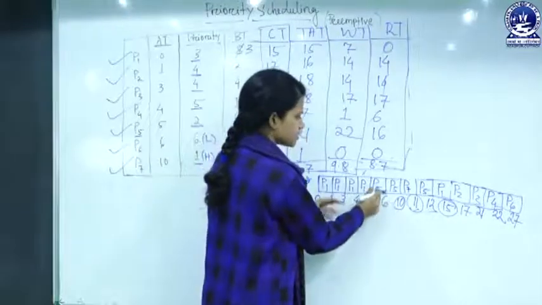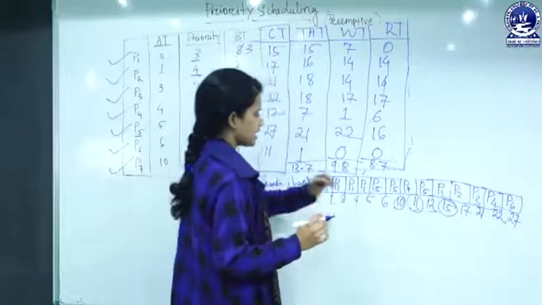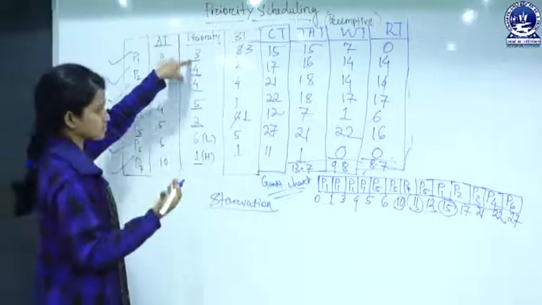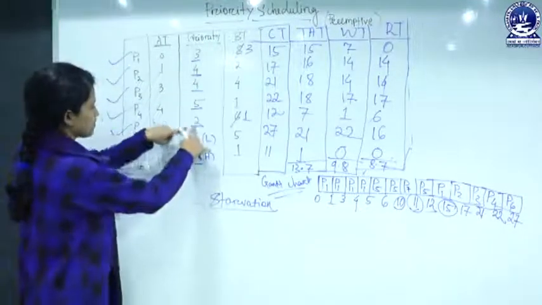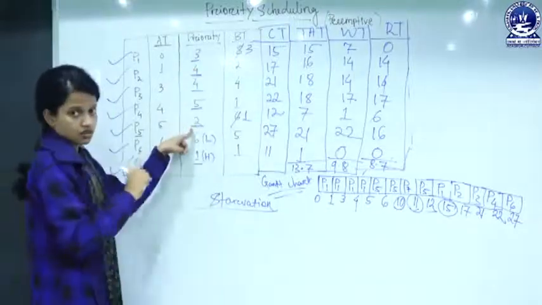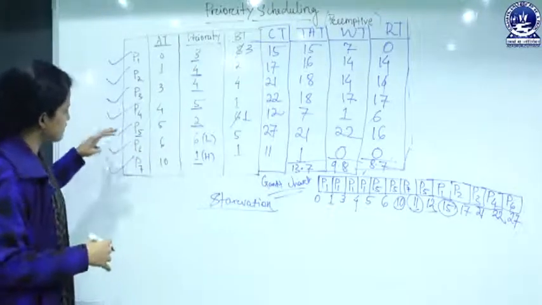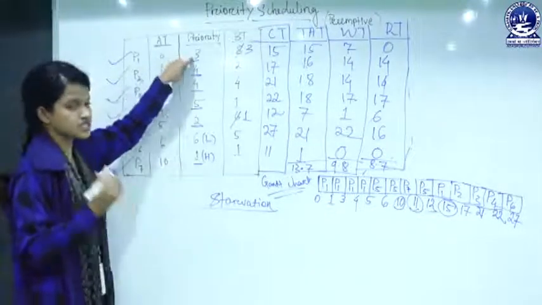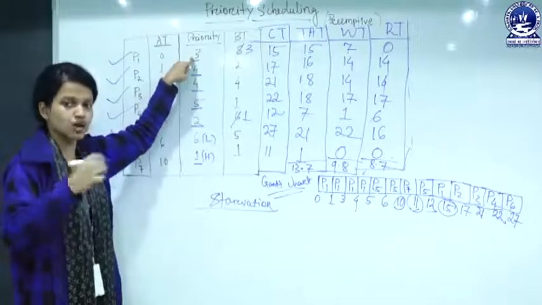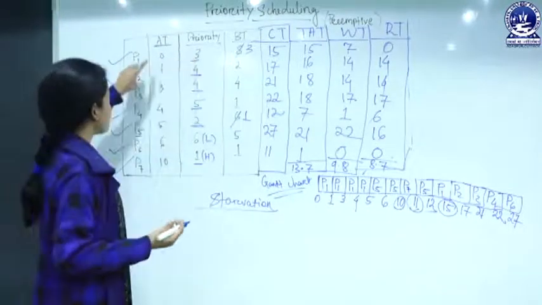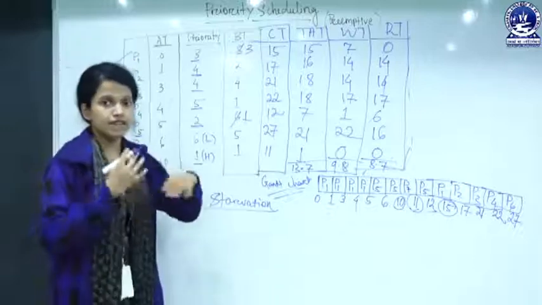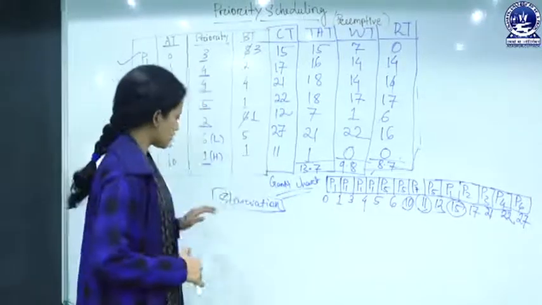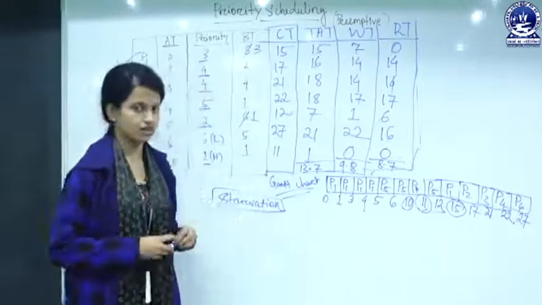In this case, if the priority of P5 is 2, that is higher than 3. If the next processes that come to the ready state have higher priority than 3, let's say 0, 1, 2, 0, 1, 2, then P1 has to wait for an indefinite amount of time. That is called starvation. To solve this starvation problem, we have something called aging.